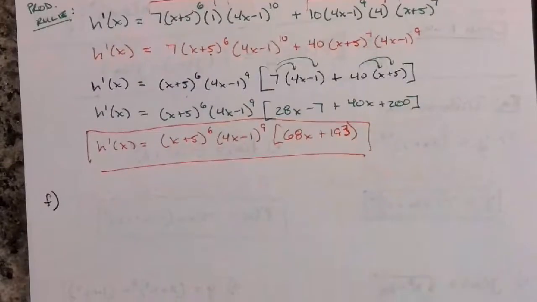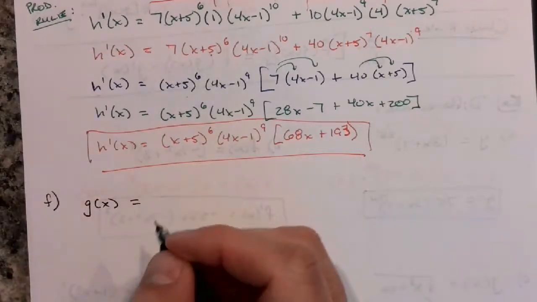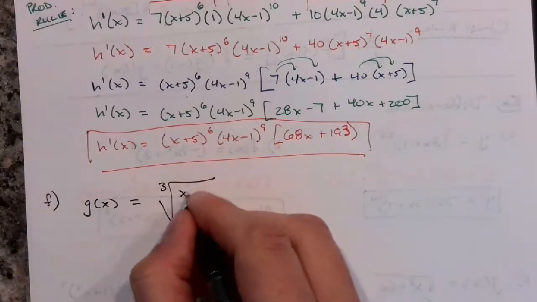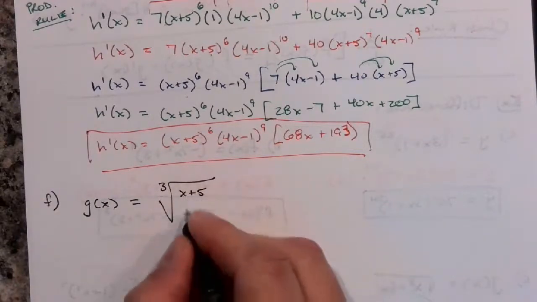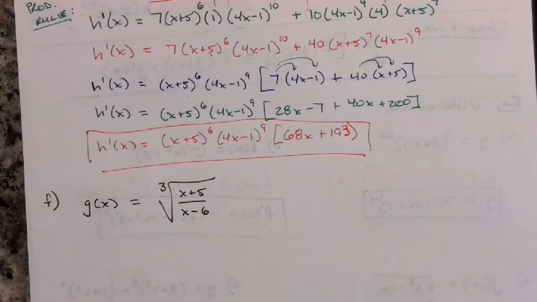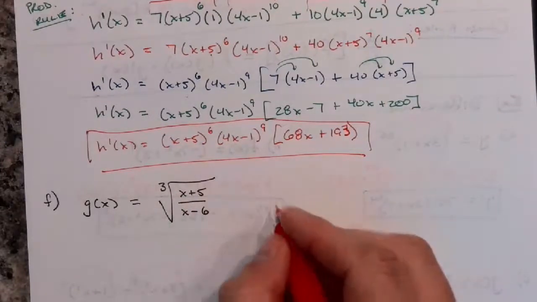If I said I had this function here, maybe I'll label it g of x. So if I said g of x equals the cubed root of (x plus 5) over (x minus 6). First thing I notice is that I have this root in here, so I want to rewrite this, right? So the first thing you should really do is